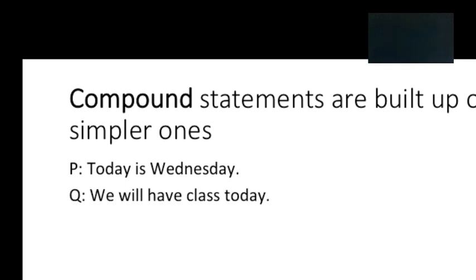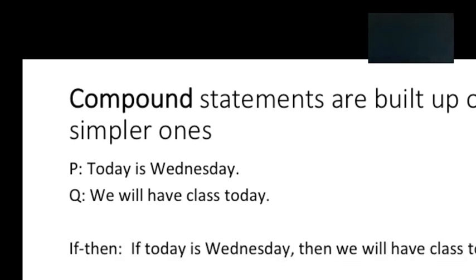The fourth type of compound statement is probably the most complicated, but it's probably also the most important, and that's the if-then statement. We take the two statements, today is Wednesday and we will have class today, P and Q, and we put them together with an if-then. If today is Wednesday, then we will have class today. And that full statement is known as an if-then statement, and it would be read if P then Q. This is used very, very often, and sometimes instead of saying if P then Q, I will say P implies Q. That's another way to say this. And in both cases, the symbol for it is to use this little horseshoe symbol. It's like a sideways U. So P implies Q, and this is called material implication.